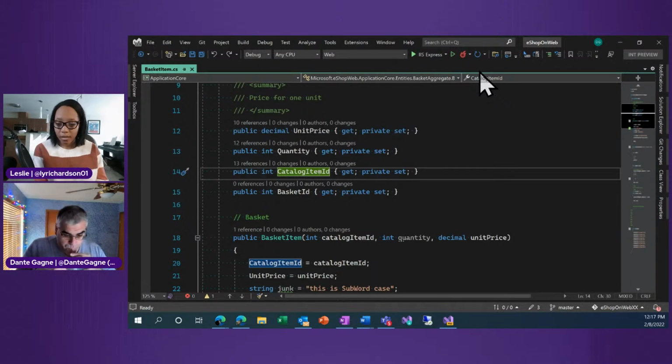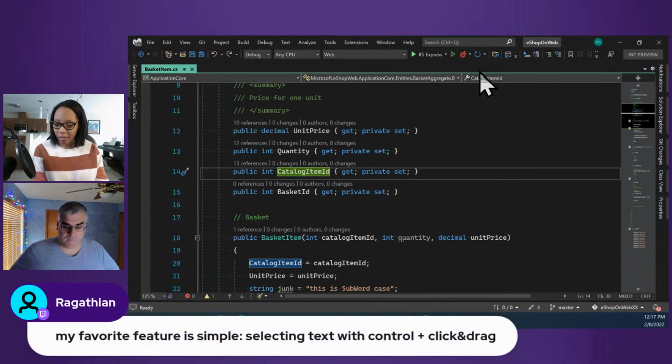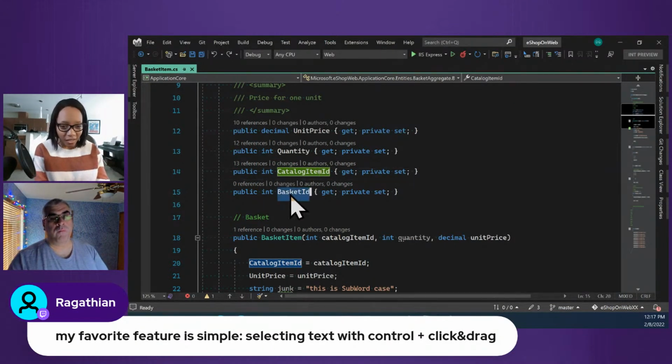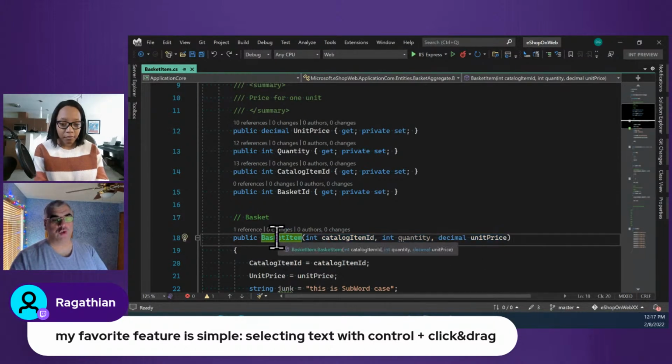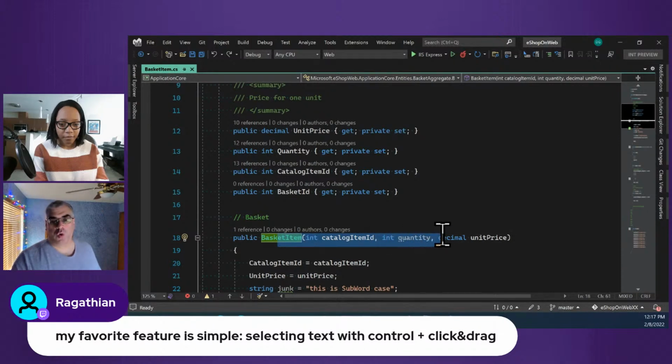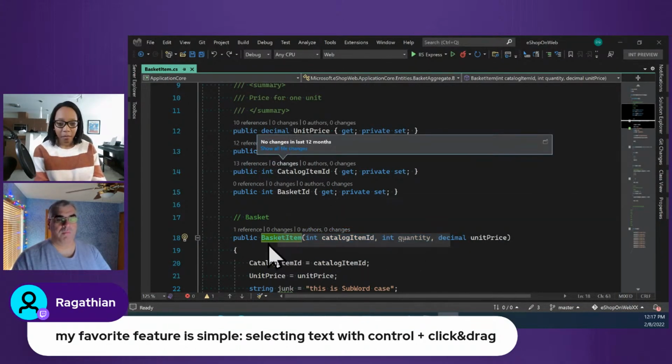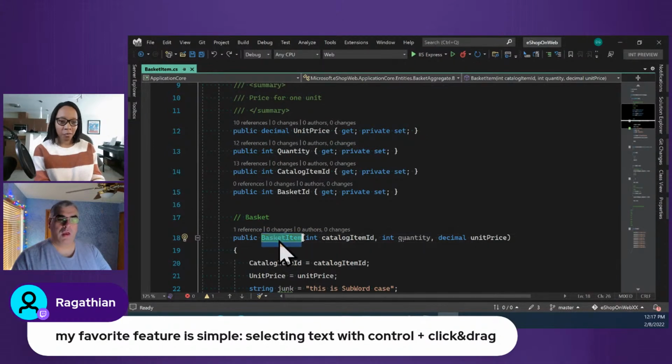Good stuff. So also continuing the dialogue with favorite features, we have another viewer's favorite feature: being able to select text by holding the control key and then clicking and dragging. Can you actually do that? Well, I'm going to hold down control and I'm clicking and dragging, and it's selecting everything by entire words. If I just click and drag without the control key, it's just going to go exactly to where my cursor is. You have to start the drag with it. But that is nice, because most of the time you do want the full